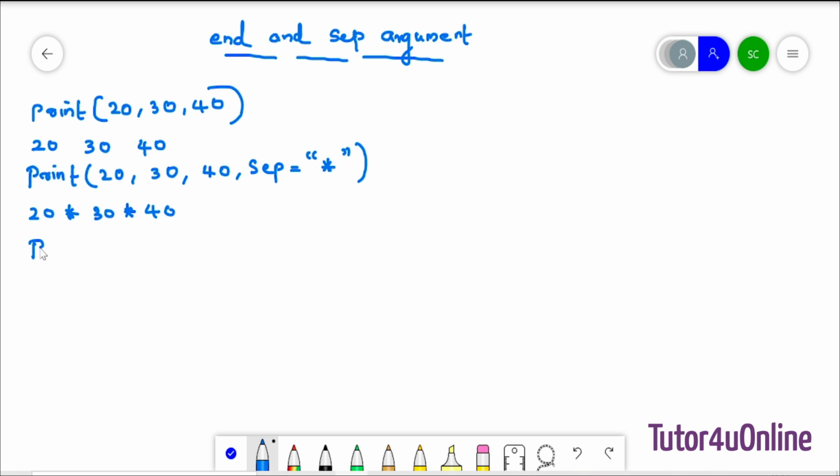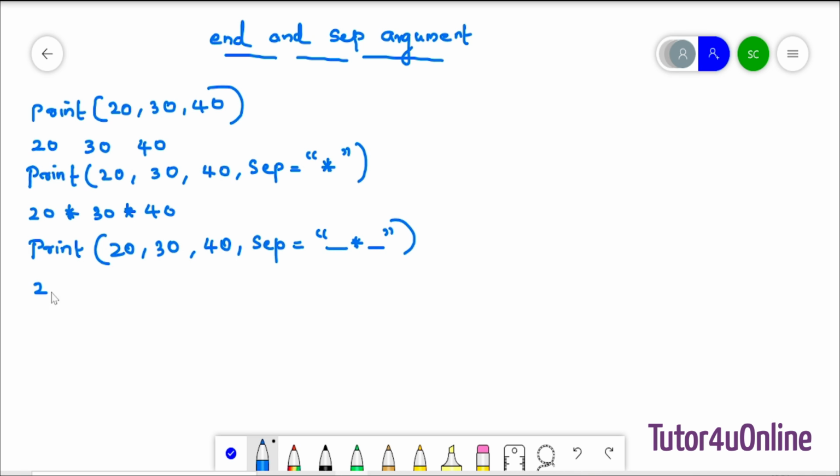I'll give an example for multiple symbols. Print 20, 30, 40, comma. Now sep is equals to, in double quotes, underscore star underscore. You can see three symbols are here.